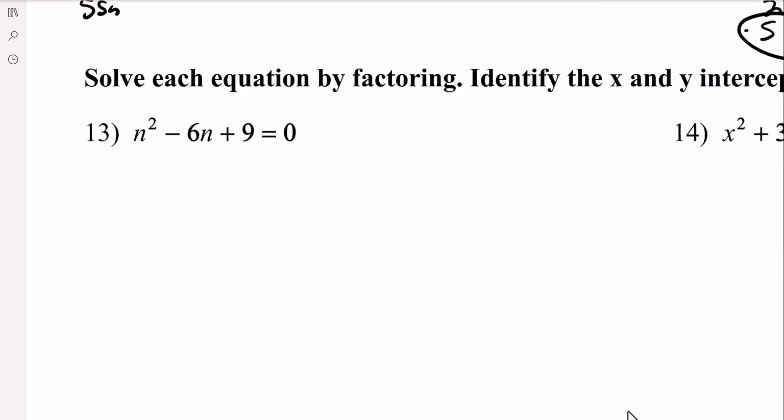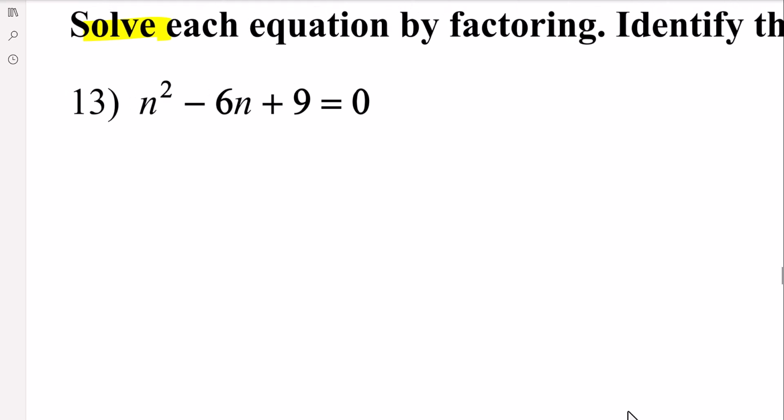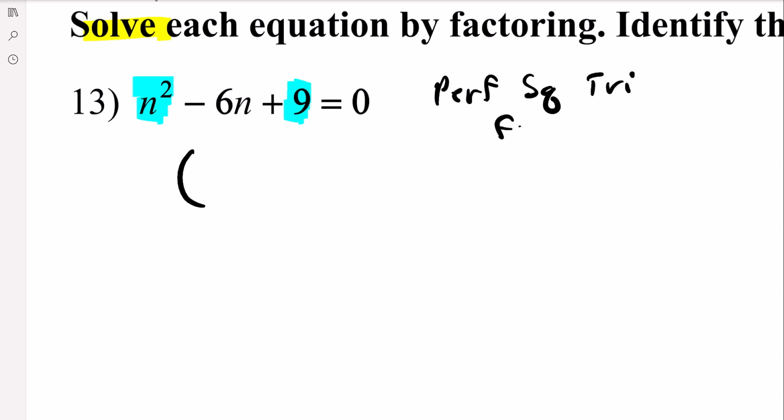All right, let's go on to solve by factoring. Solving means you do all of it. Y-intercepts, two roots, axis of symmetry. Here's a special situation. Take a look. Here we have a perfect square. Here we have a perfect square. And perfect square trinomials will factor